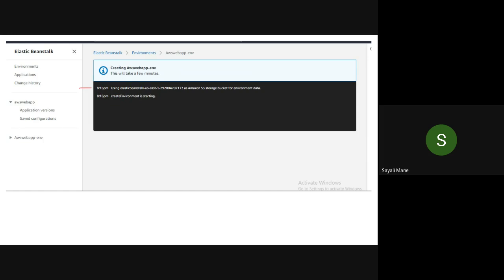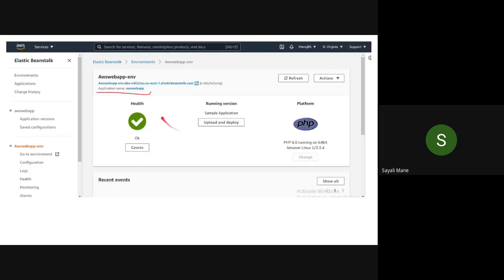I'm waiting only. It depends on the internet speed also. I'm just saying that after that this screen should be visible on your respective desktop. Yes, it will take some time. It depends on the internet connection speed. Once you are finished, just let me know whether you are getting this screen or not.